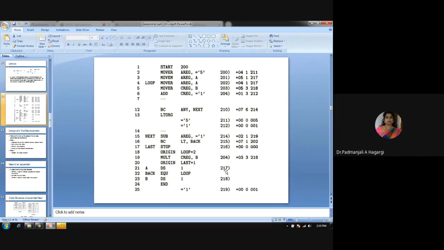Even if this origin was not used, it would have taken for this declaration as at 217,